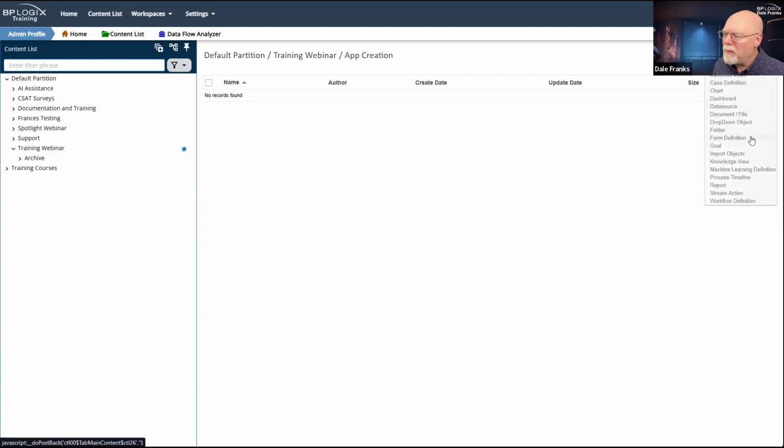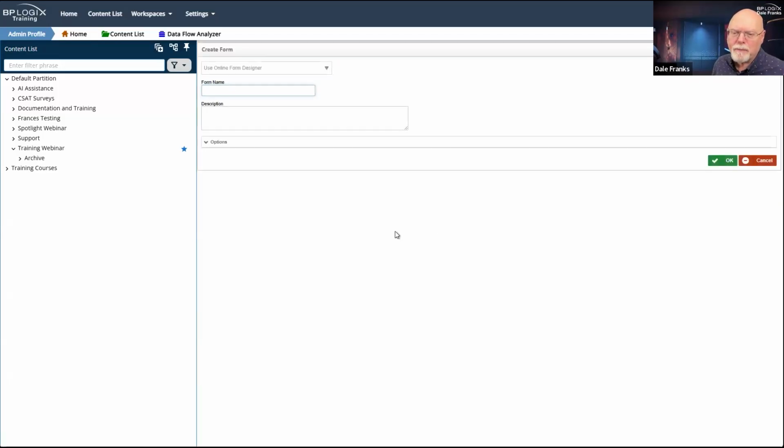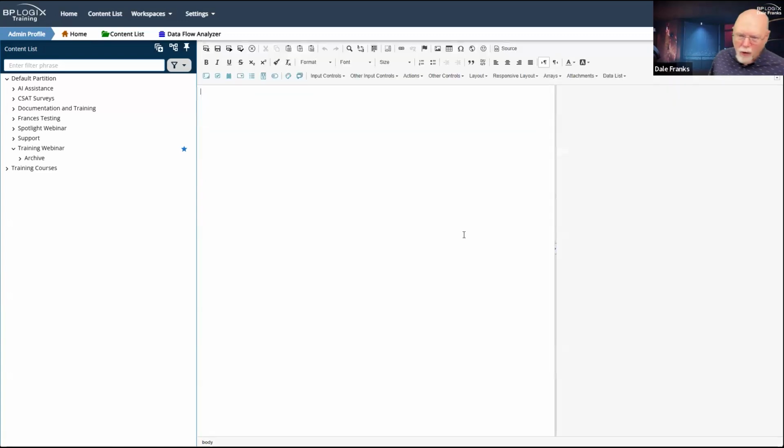So simply because it comes first in the drop down, we're going to go ahead and create a form definition. And I'm just going to call it the building, BUILDING, building, and I still can't type, building apps form. And I'm going to hit OK. And because it is a brand new form, it is going to take me right into the Form Designer.